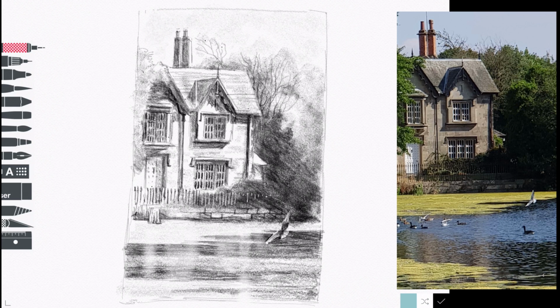to be honest. And now I'm just going in with that pencil. I'm using the tip of the pencil now just to add final little bits of detail. I'm working on the ridge of that small gable, putting in a few more shadows, darkening off that extension at the side of the building. That was all a little bit bright, it wasn't a focal point, so that needed knocking back a little bit. Just sharpening up edges, trying to draw the gables in, sign it there, so I'm getting very close to being